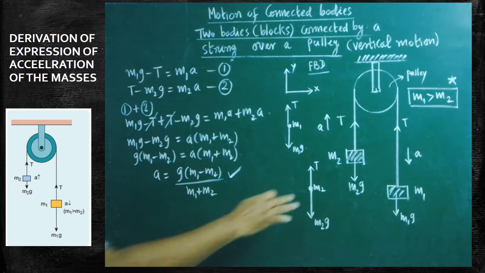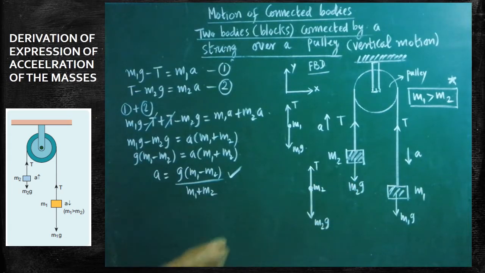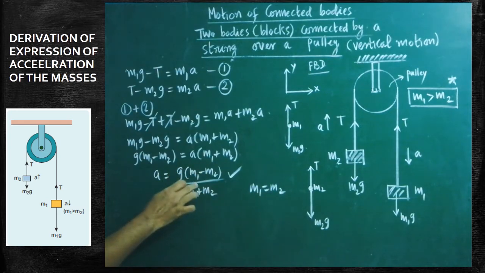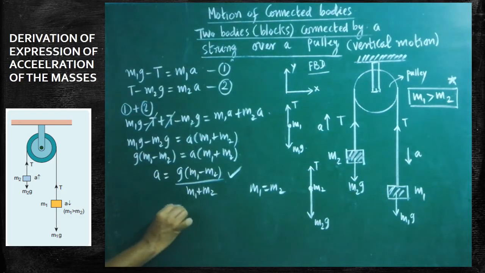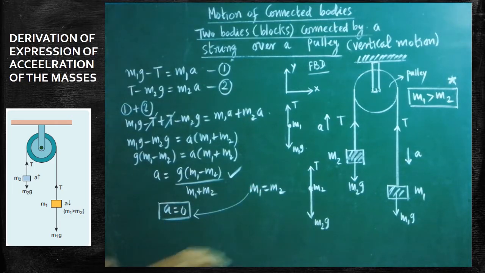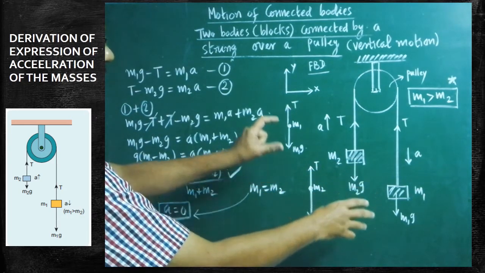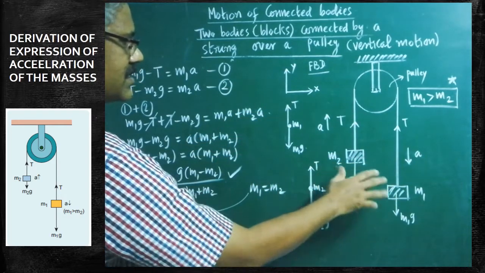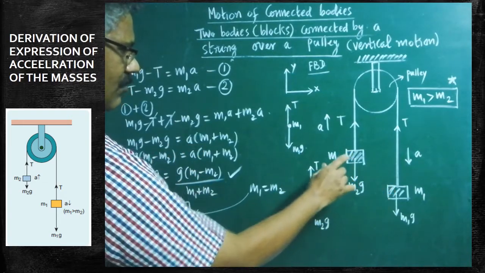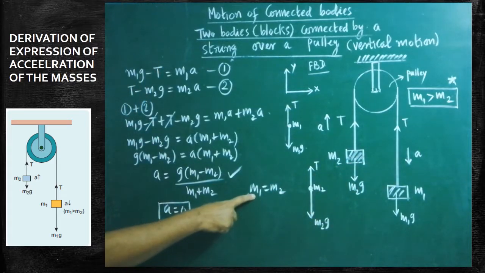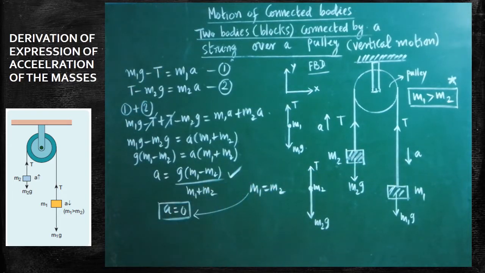Let us imagine when the two masses are the same. Assume m1 is equal to m2 and substitute in the equation: the upper factor becomes 0, so on the whole, acceleration will be 0. Very interesting one. When m1 is equal to m2, as soon as both are loaded in the string, there won't be any movement either in the upward or the downward direction. Both systems will be static. Mass m1 and mass m2 won't move at all. There won't be any acceleration when m1 is equal to m2. Are you clear? So it's a special case.